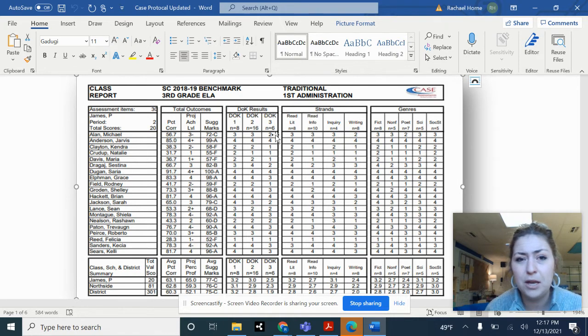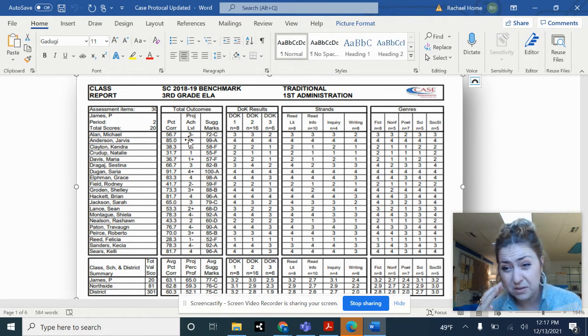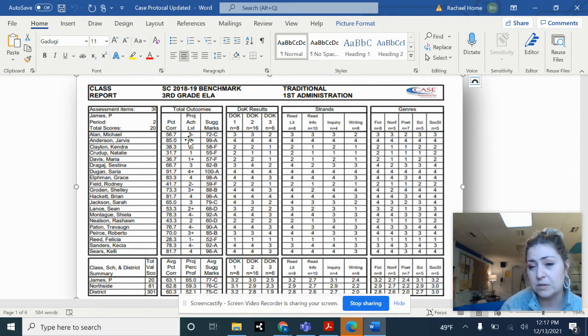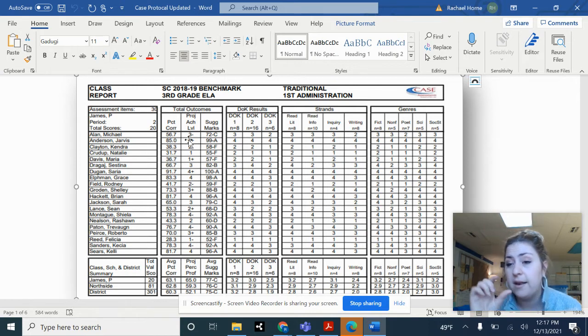The other thing I want to draw attention to, going back to the projected achievement level under total outcomes, is the pluses and the minuses. Those are ways to signify and symbolize which kids are on the cusp of really being pushed, who's in the middle, and who's not. So for instance, within the number 2, the 2 plus, 2, and 2 minus, that might be a 10 to 15